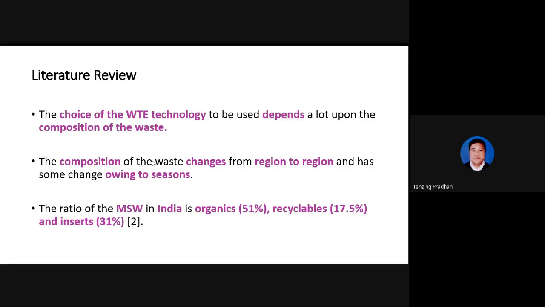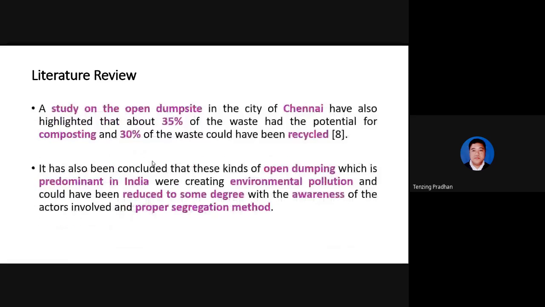Okay, in general, the MSW in India has a large amount of organics, 51% organics, with recyclables at 17.5% and inerts at 31%. There was a study done on the open dump site in Chennai, whereby they saw that 35% of the waste had a potential of being composted. 30% waste could have been recycled. So thereby itself 65% of the waste could have been reduced if the segregation and the planning would have been